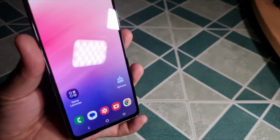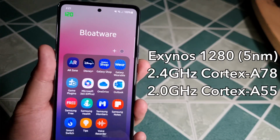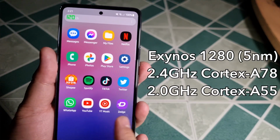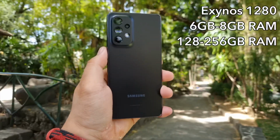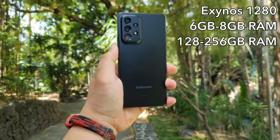Finally, let's go to the performance part of the Galaxy A53, which for me is the make or break category of this phone. Compared to the Snapdragon 778G from its predecessor, the A52s, the chipset on the A53 is rocking the Exynos 1280, which is questionable up until now, aside from the fact that this phone released last year with a chip shortage dilemma from brands all over the world. Pair that up with 8 gigs of RAM with either 128 or 256 gigs of internal storage, which I